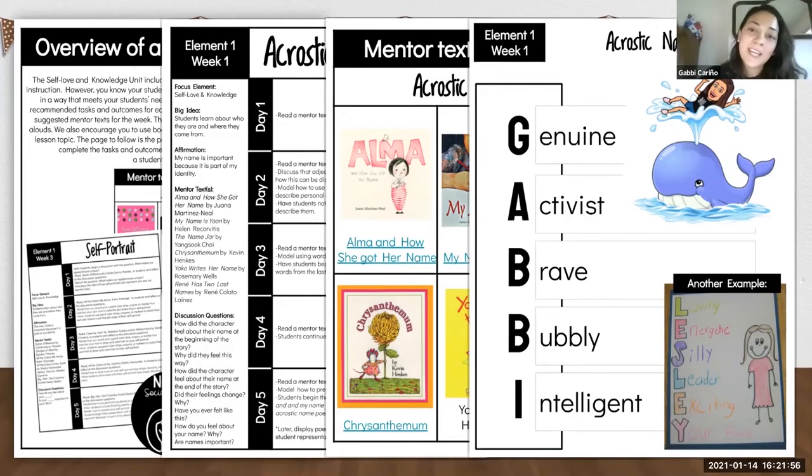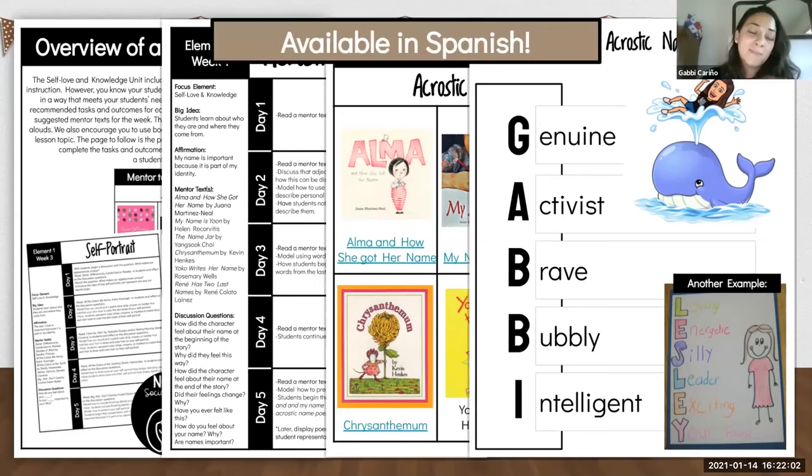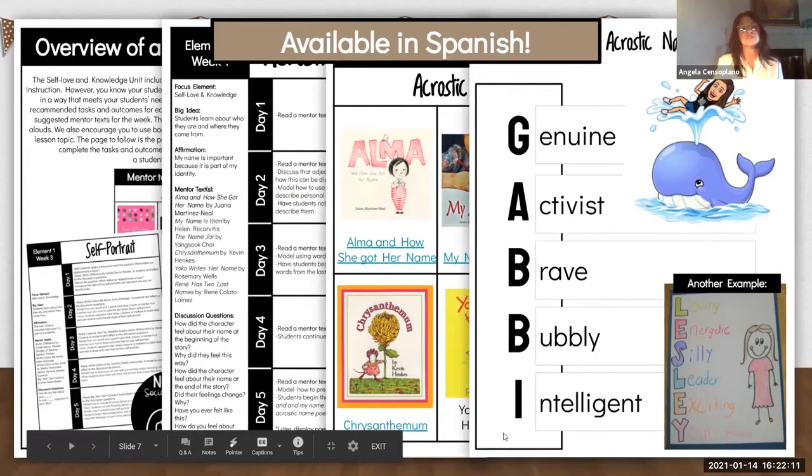So something as simple as that, the kids love it. The kids love it, and they're also available in Spanish, both on Thrively and this copy. And that's that. If you notice on one of those first documents right here, we're